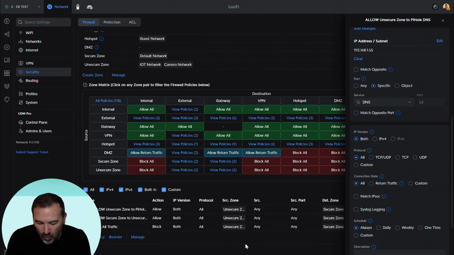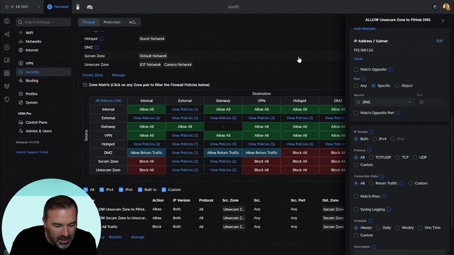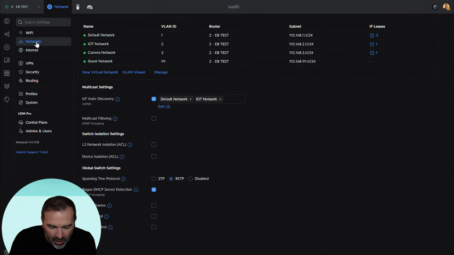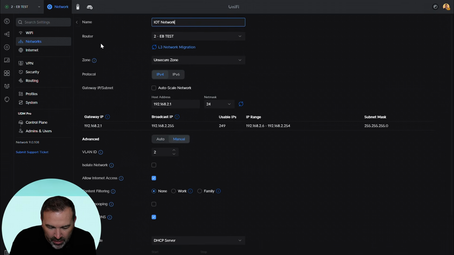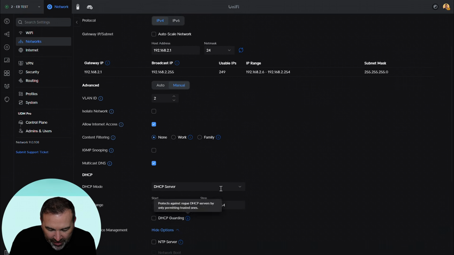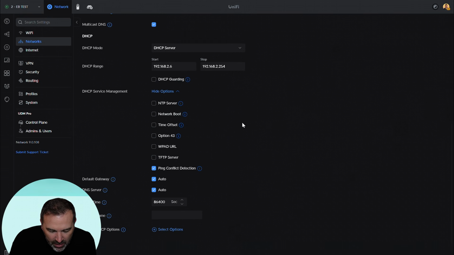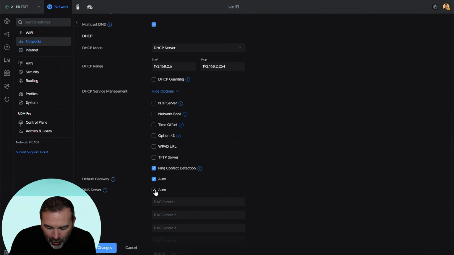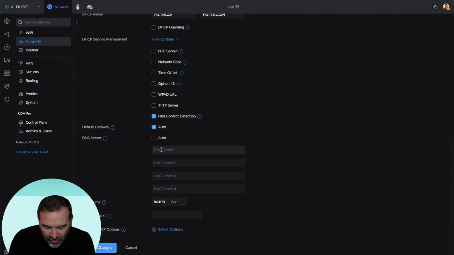Now, that alone will break my internet. It should break here shortly, and I'll make it so my computers can't get to the internet anymore because they are no longer going to the gateway for DNS. Actually, I take that back. It won't break because if I go into my networks, and go into the IoT network, and go clear down into the advanced options, DNS server is set to auto. So I would also have to go in here to set this to